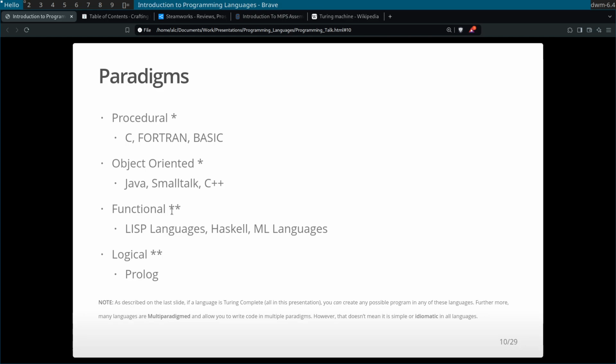There's functional programming, which gets its name from math functions. So these languages kind of encourage doing function composition, which if you've ever taken an algebra class, that's like the f of g, which is the function composition. And then finally, we've got logical, which there's not a lot of different types of logical languages, but Prolog is programmable logic.